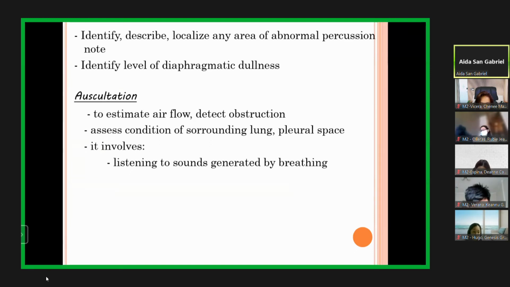Identify again, describe, localize any area of abnormal percussion note. Abnormal percussion note, whether it is hyperresonant, it is dull, whether it is resonant. Those are your percussion findings on the chest. Resonant, hyperresonant. Identify the level of diaphragmatic dullness. Then we go to auscultation with the use of your